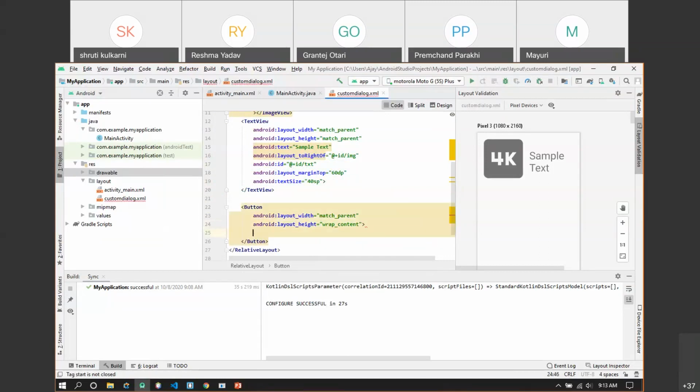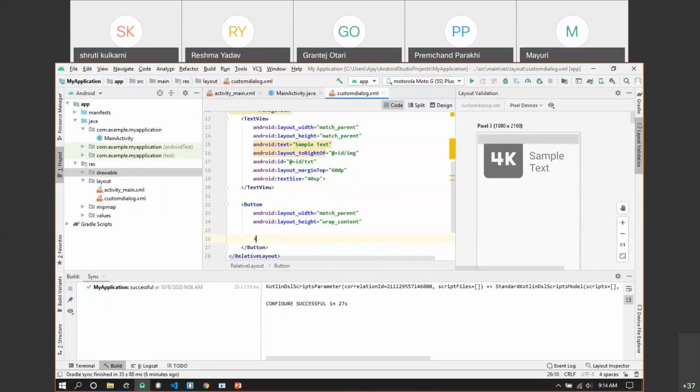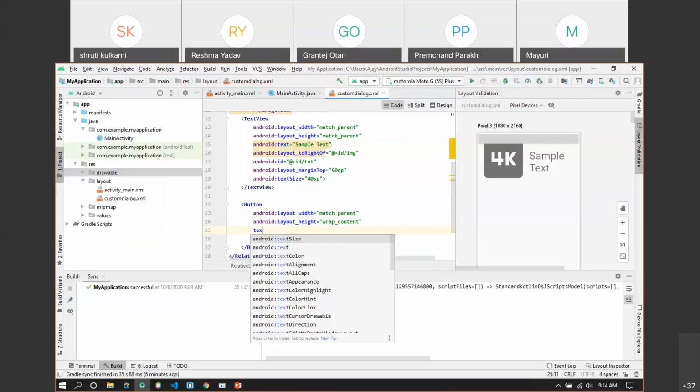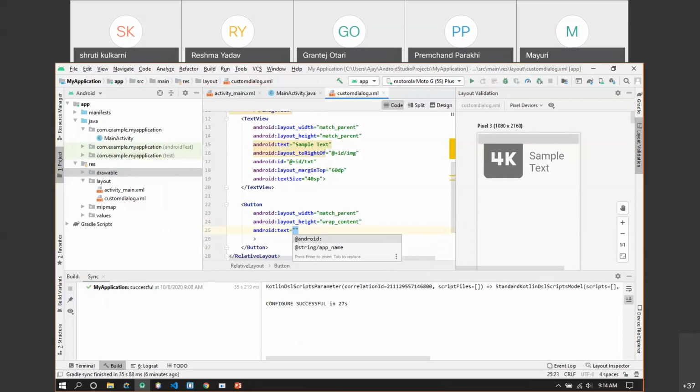Okay, and for this button we'll have a text. No need to take an ID. Now this time we'll be taking just text, so let's call it as click here.